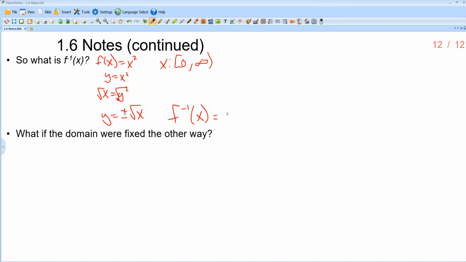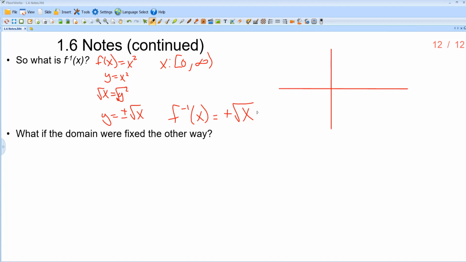So I would just have the positive square root of x. So just again, reiterating that, because the domain of the function is only positive, the range of the inverse will be only positive. And graphically, what this then looks like,